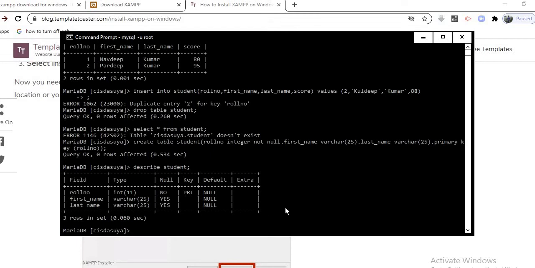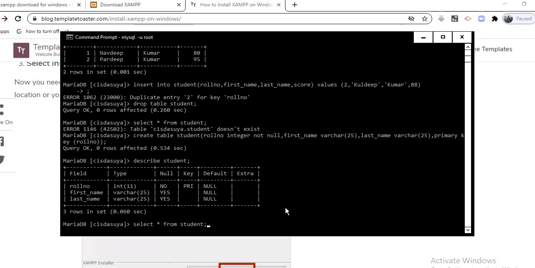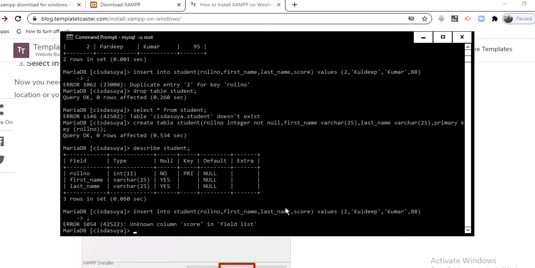You see here again we want to insert. We have the insert statement earlier, so we can drag this from here: insert into roll number like this, like Kuldeep, press semicolon. Now the score is unknown because we have not kept the score here, so we can remove the score part.